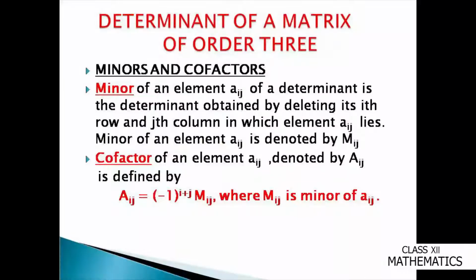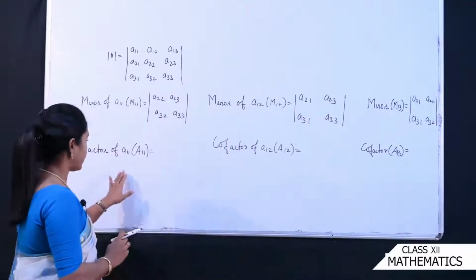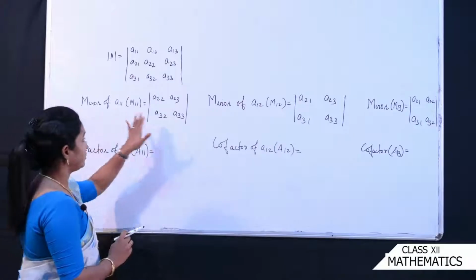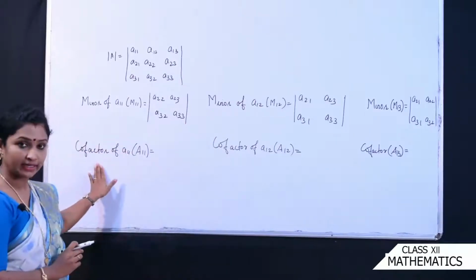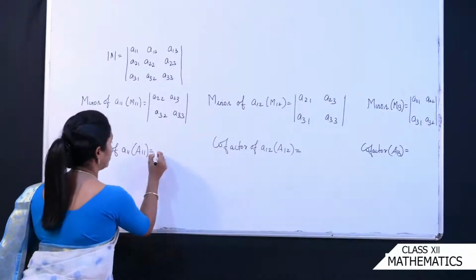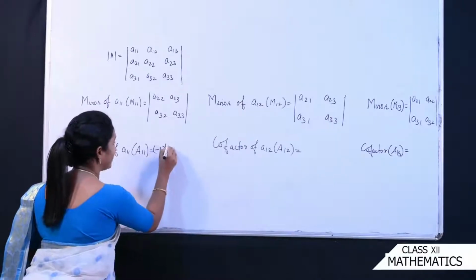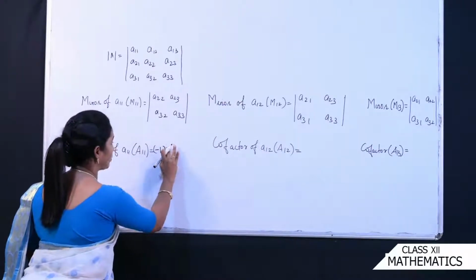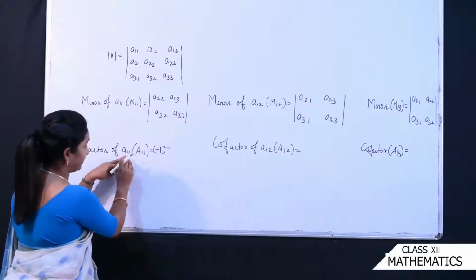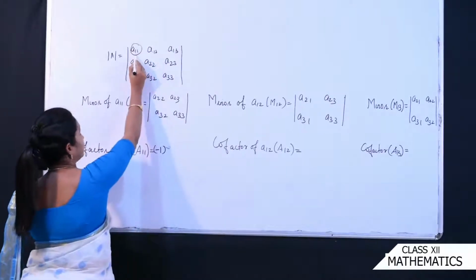Now let's see the cofactor, that is cofactor of an element Aij denoted by capital Aij is defined by Aij is equal to minus 1 to the power i plus j Mij, where Mij is the minor of Aij. Clear? Now let's see how to find the cofactor. Look at here, already माइनर हम निकाल रखे हैं, हमें अभी कोफैक्टर निकालना है. ठीक है, नाउ कोफैक्टर अकॉर्डिंग टू द फॉर्मूला it is -1 to the power i plus j. i plus j means what it is here. Look at here, first element. What is i here? First element. i is your 1 and j is your 1.